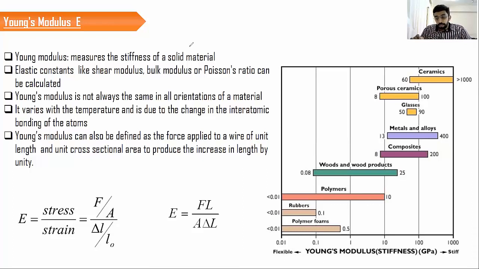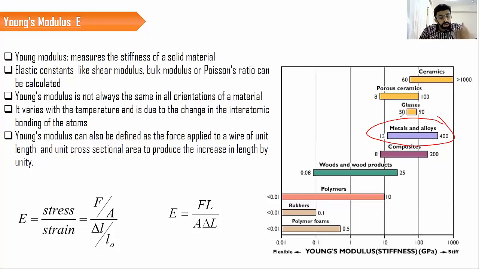The reason is that in mechanics of solids, we are dealing with linear, elastic, homogeneous, isotropic material. But if you take the case of a composite, the composition is going to change in the x direction, y direction, as well as the z direction. That means Young's modulus will be different in these three directions. So we cannot conclude that Young's modulus will be constant for all materials. Anyway, in mechanics of solids, we can say that the metals and alloys that we are going to discuss have a constant Young's modulus.